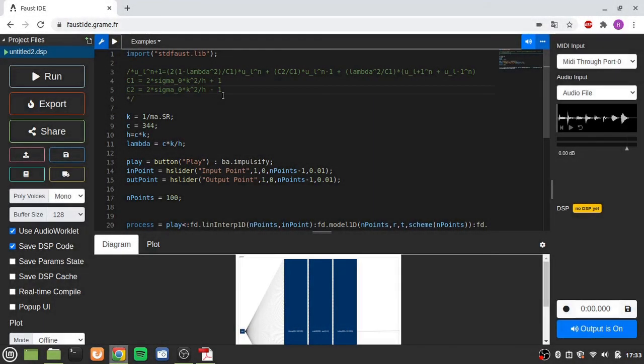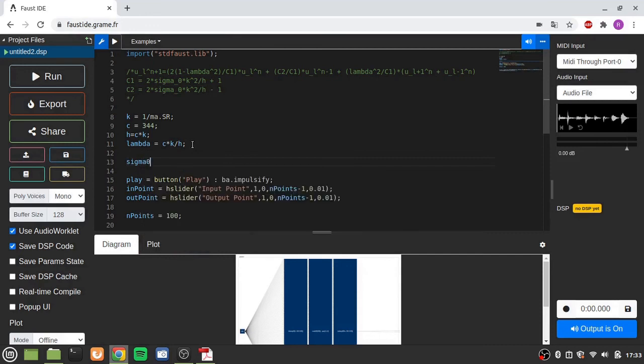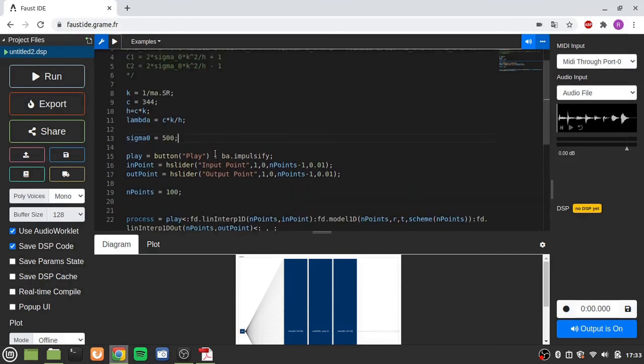So the first thing we notice is that we have another parameter, which is the damping coefficient. We can now simply take this value, 0 equals 500. Well, now we have to